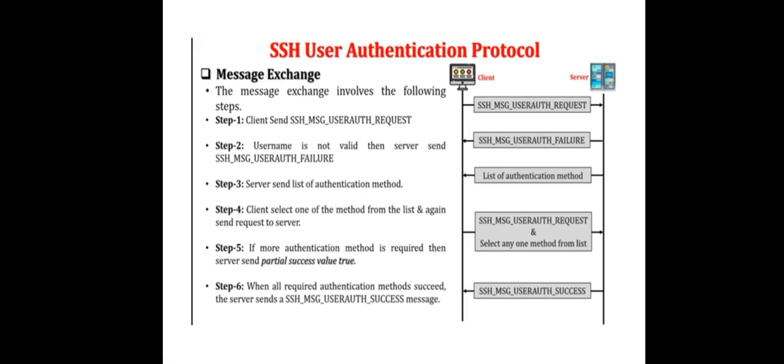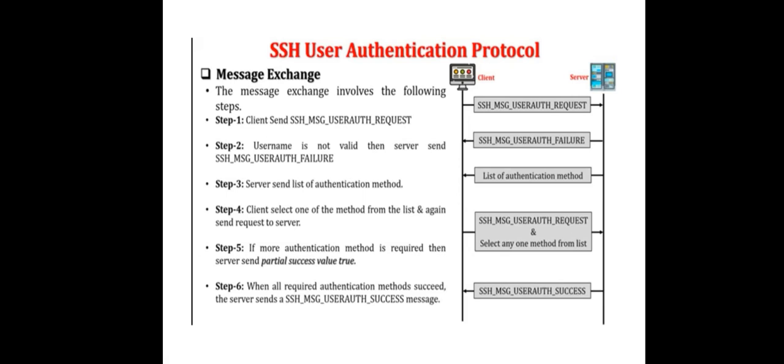Fifth step is, if more authentication methods are required, then the server sends partial success value true. Sixth step is, when all required authentication methods succeed, then the server sends an SSH message, user authentication success message. Let's see. In message exchange, it takes place between the client and a server, and the first step is the